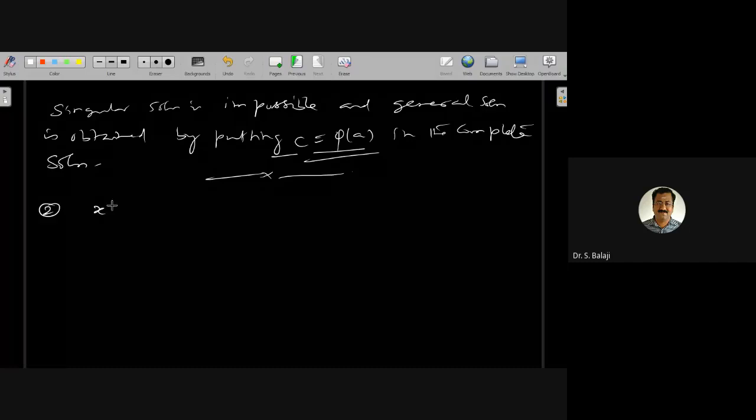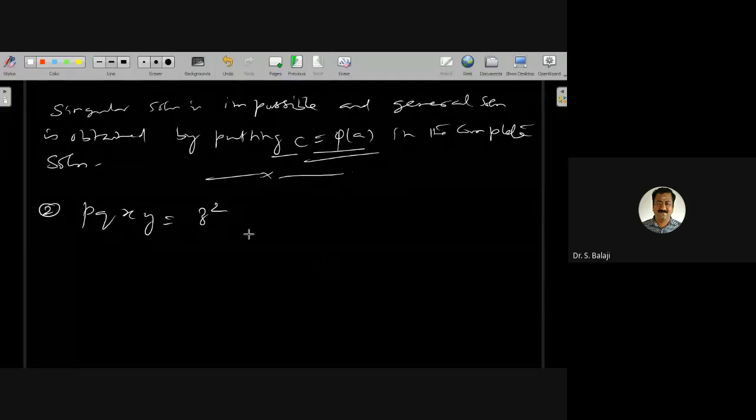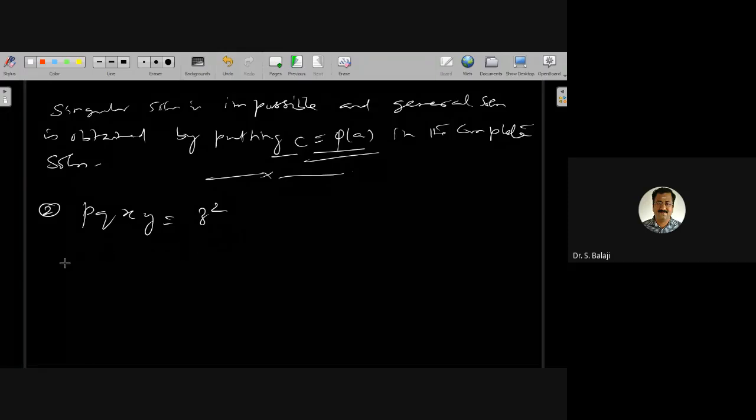Consider pq xy is equal to z square. Okay, pq xy equal to z square. If you want to consider this problem here,